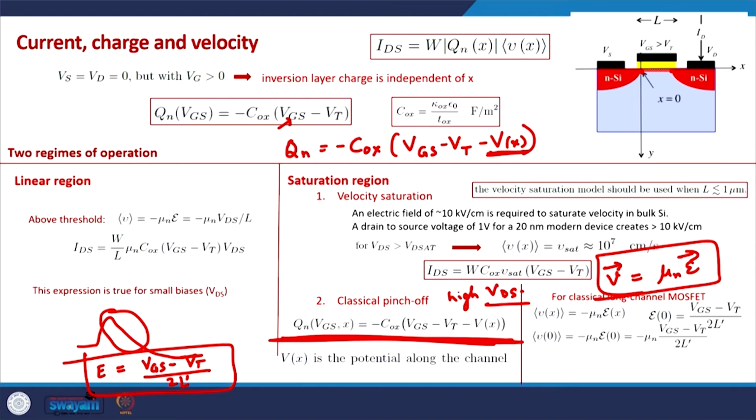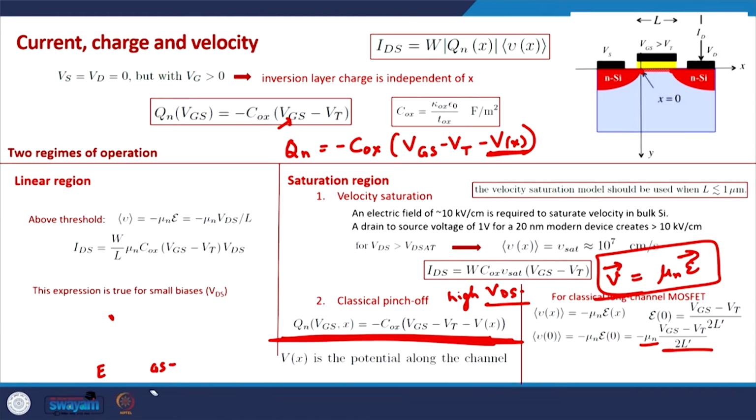Okay. We will see where this comes from as well, but just assume that right at the beginning of the channel, this is the electric field. So in this case, the velocity can be written as minus mu n times this electric field. The charge is this. So the current, from the general expression of the current, from this expression,